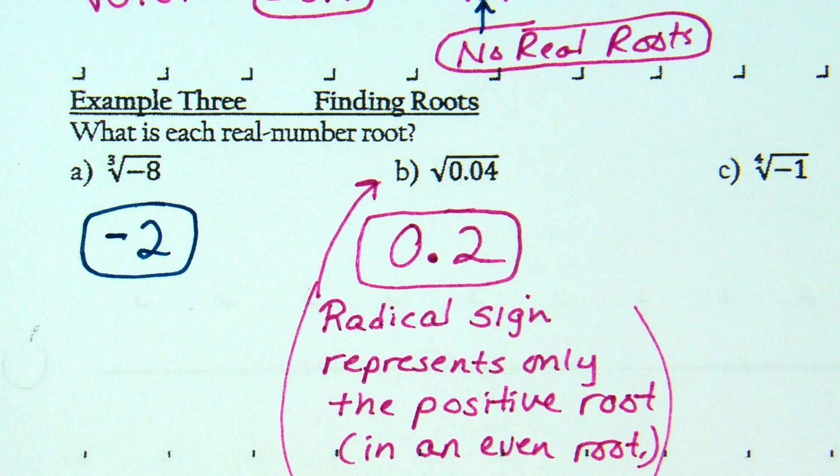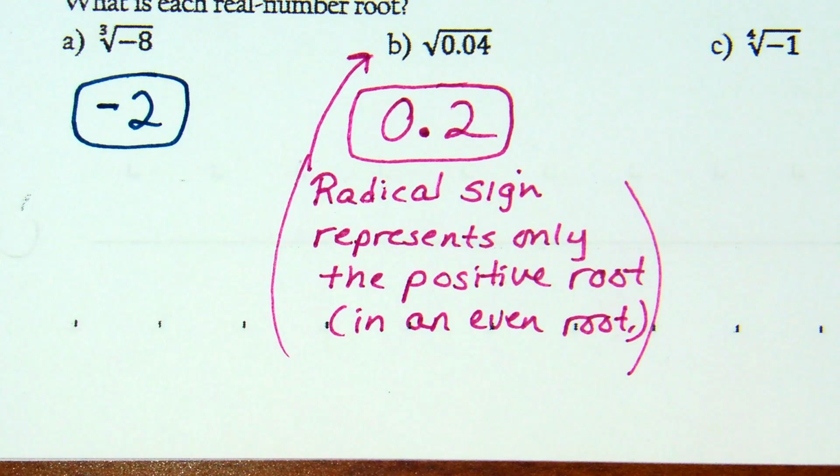Okay, so I did not put plus or minus there because of the radical sign. They only want the positive solution. So radical sign represents only the positive root, and that's when we're talking about an even root situation. So square roots, fourth roots, so on and so forth. Okay, copy down the information you want,